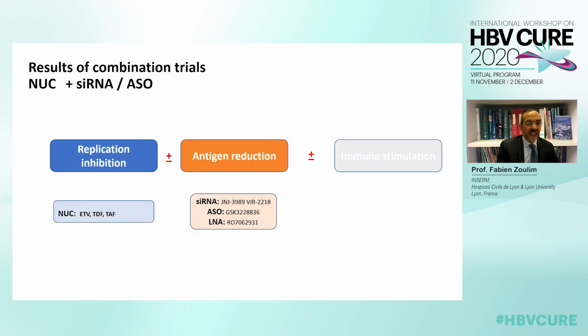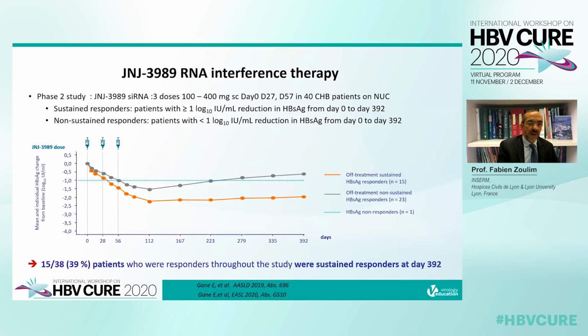Now moving to other type of combination of direct-acting antivirals, we have seen results of a combination of nucleoside analogs and approaches to decrease antigen expression, mainly with siRNA and antisense oligonucleotides. Here you see the results of clinical trial combining nucleoside analog and siRNA from J&J, which was earlier on developed by Arrowhead. And you see that in that phase 2 study presented at EASL,